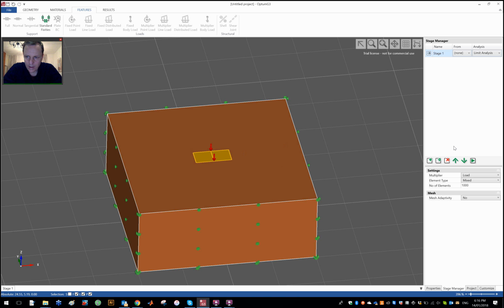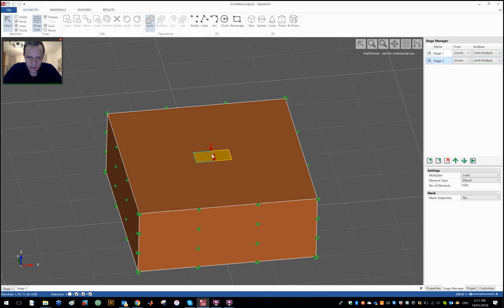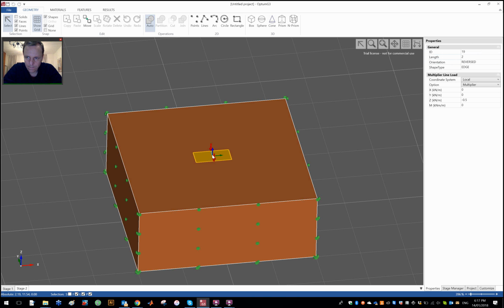That's one case we could consider, and then we could also consider the case where we have pure moment loading. So the moment, again, if you press the line where the load has been applied, there are 4 components to a load: x, y, and z forces, and then a moment about the local axis defined by the line. And again, this is a moment in kilonewton meter per meter, so it's a distributed moment, so you want to as well